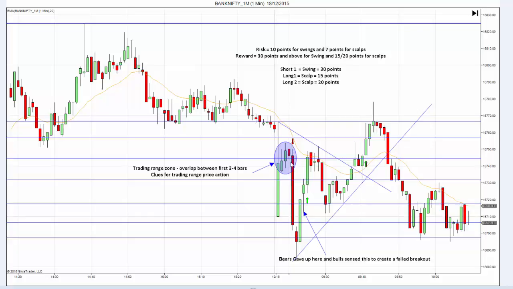So that's why we initiate a short here, waiting on the failure that you see here. Bulls are giving up. You see a clear bear bar that you can initiate a short below this bar, right? Wherein you are betting on the bearish price action that you see here. Even though this bar is strong, you are looking at the overall context that has been built, that bears are